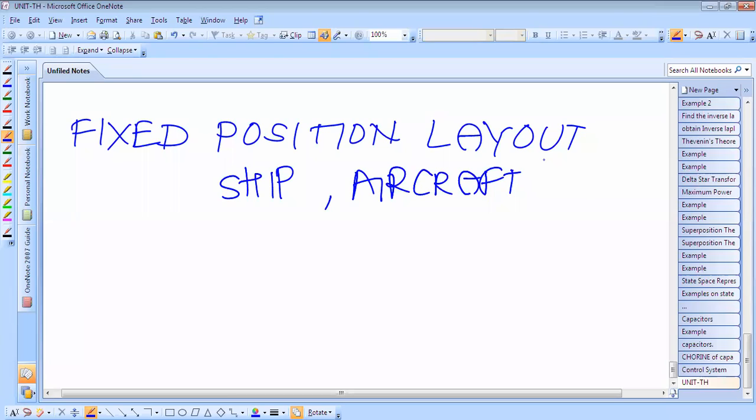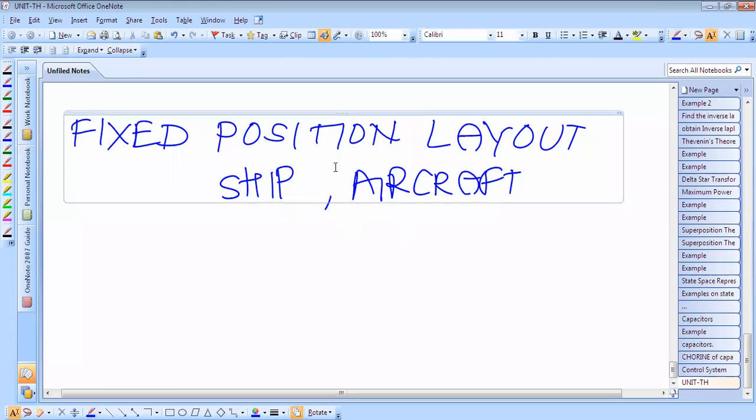For example, suppose we have to make an aircraft. An aircraft is very, very big, and therefore we never move the aircraft from one place to another place. Okay, so we have to move